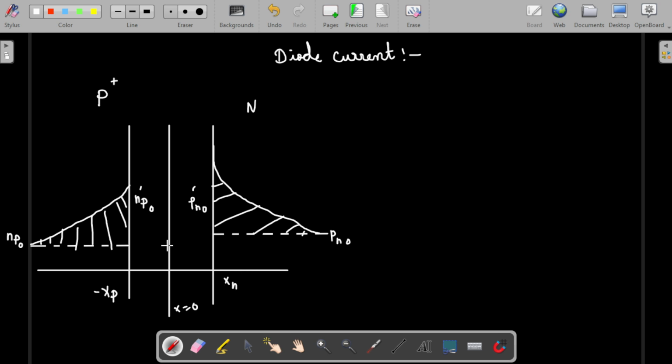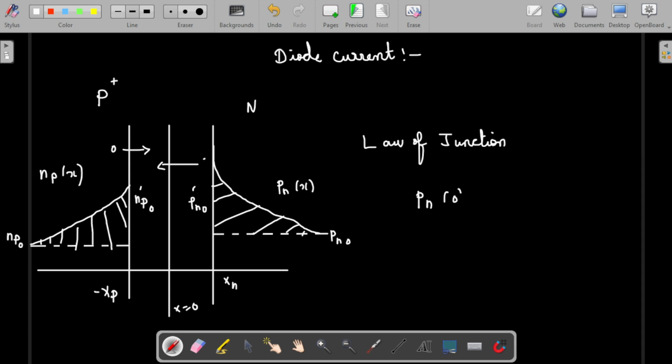Here what we can see is the holes will diffuse through this region and electrons will diffuse through this region. This is the doping profile of P in N type, and this is the doping profile of the next step. Here we are coming to an approximation according to the law of the junction. So there is one approximation that we are taking. The law of the junction states that